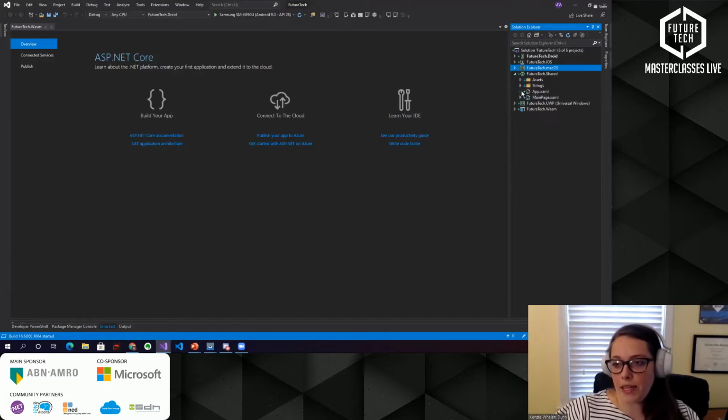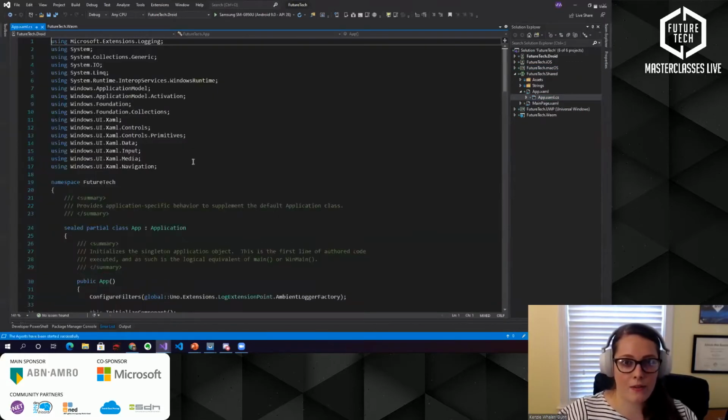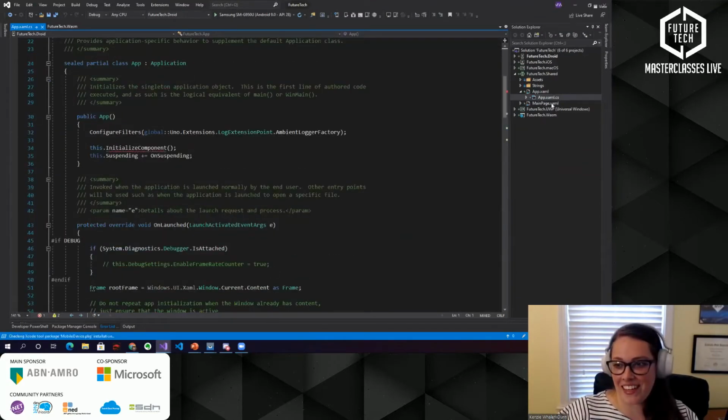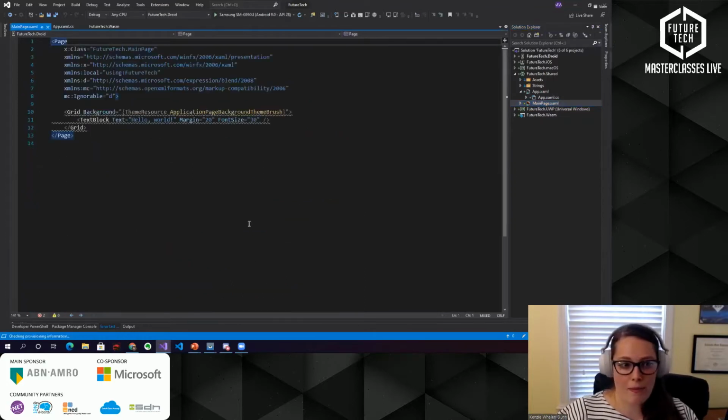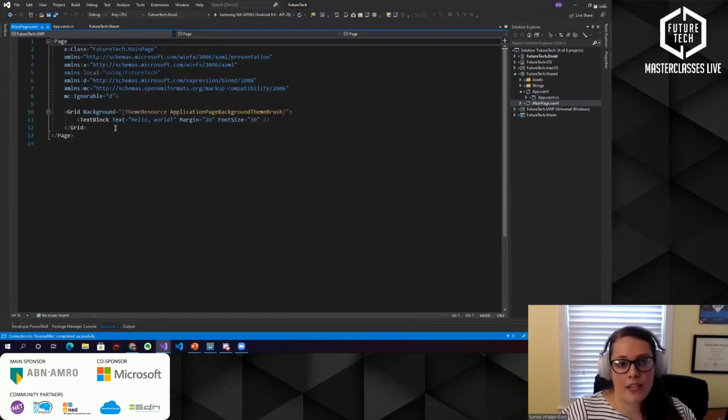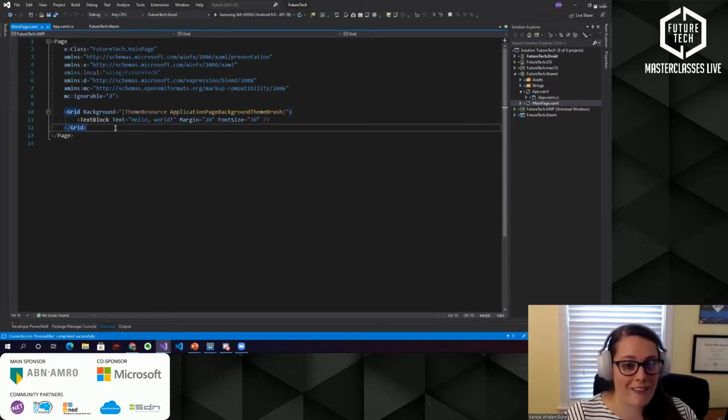We're going to take a look into our shared project. We have our app.xaml and our app.xaml code behind. This is kind of where Uno happens. This is pretty neat. If you want to take a look there, you definitely can. All right, we're going to hop into our MainPage.xaml. You see we have a little bit of warning here. That's because we are set to Android, which of course Visual Studio is not recognizing. All you have to do is select this drop down, select UWP, and now we have IntelliSense enabled, which is very useful for everybody.